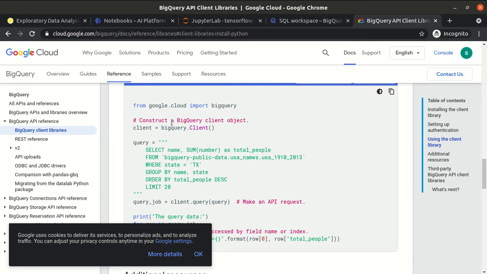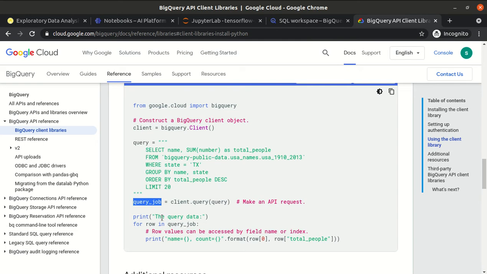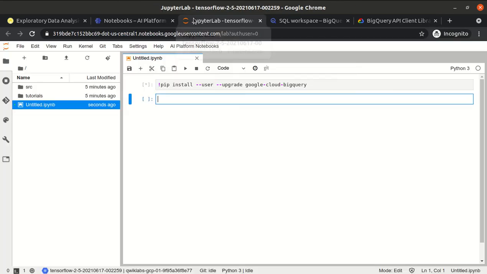To run the BigQuery command in the notebook, we first have to import bigquery from google.cloud, and then we will create a client object, and we will write the query in some string, and then we will execute our query with client.query, passing the query string, and the output will be available in this query job. So we will just run a loop to display all the rows. The same thing we will perform here. Why is it taking so much time here?